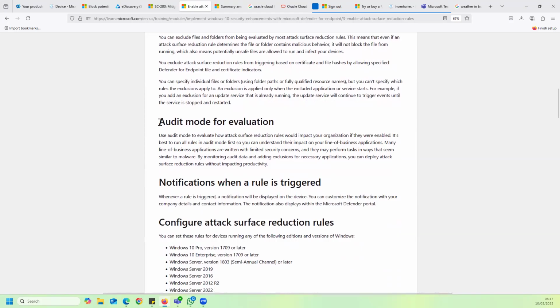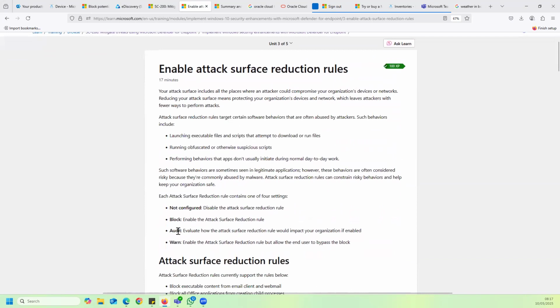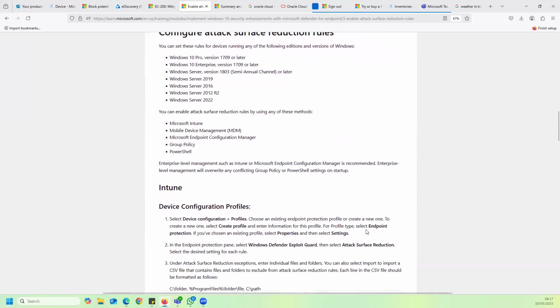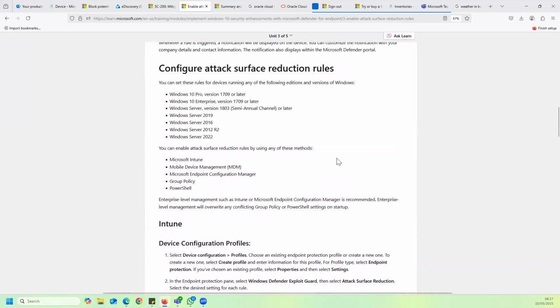And most times when you start configuring things, you may just want first to evaluate how it's going to impact your organization. So rather than enforce by default, you can just leave it in audit mode, where it just evaluates the rules and tells you what action would have been taken if it had been enabled. So the attack surface reduction, you don't necessarily have to configure it